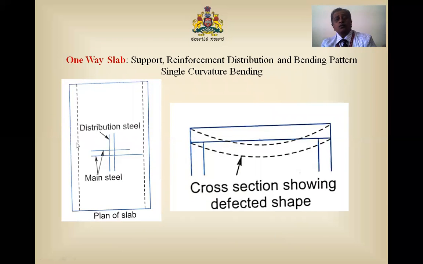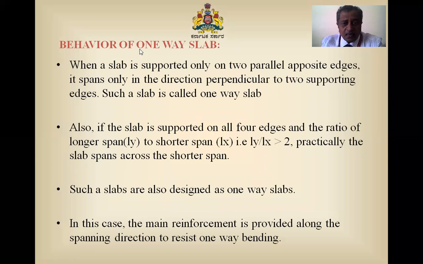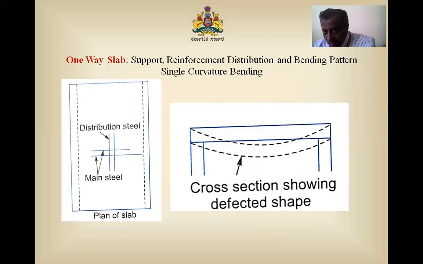So we will move on to one design example of how to design. With respect to that, we will come to a clear idea about how a one-way slab is to be designed. One thing we need to remember here: a one-way slab is either supported only on two opposite walls, or supported on all four sides but with a longer span to shorter span ratio of 2 or more than 2. Then such slabs are designed as one-way slabs. The main reinforcement is to be distributed across the shorter span, and the distribution steel is to be arranged